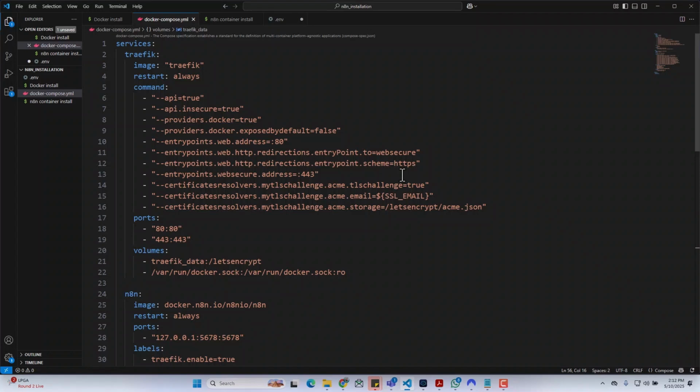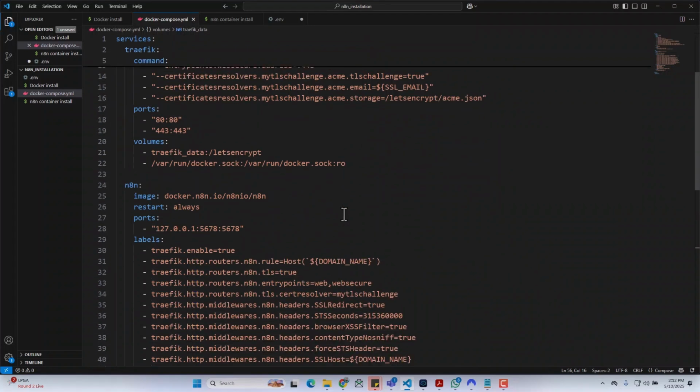This service is responsible for creating the free SSL certificate for the domain that we are going to link with our n8n installation, and the second service is n8n itself, and we are downloading a Docker image for this service and running this